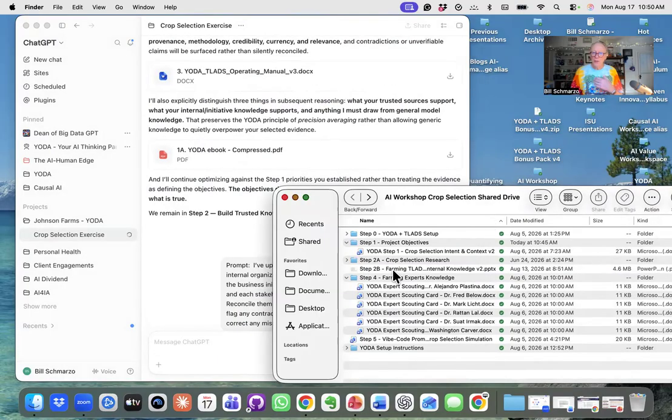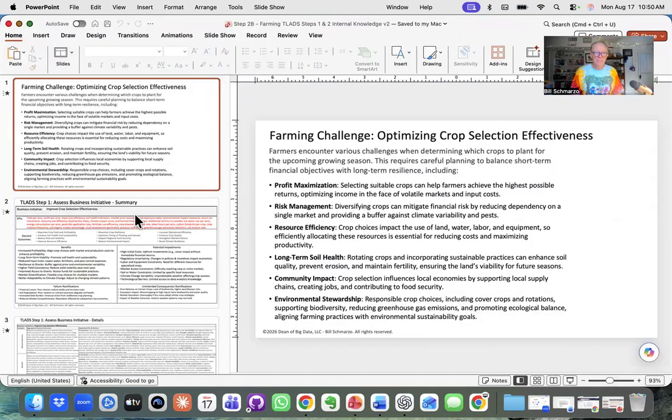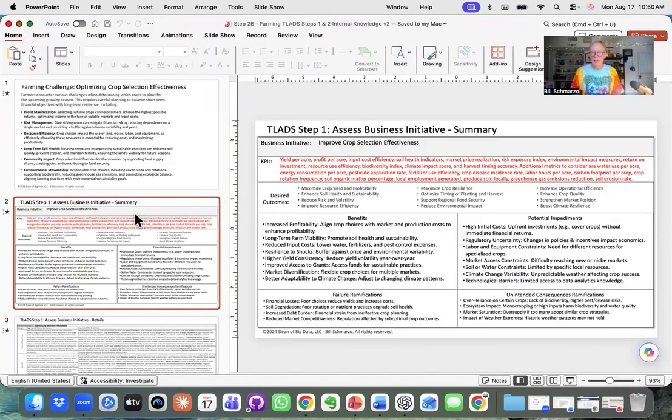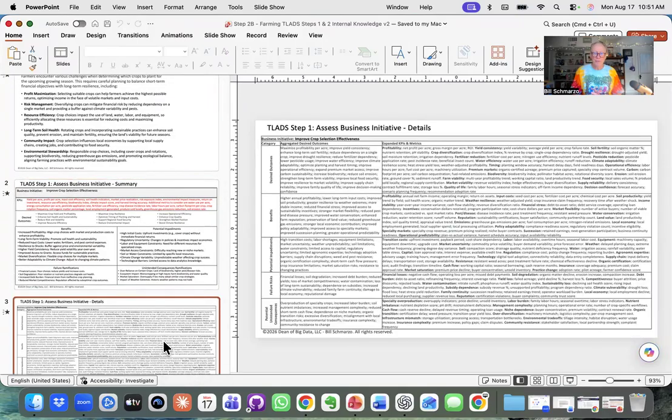So if you know the thinking like a data science methodology, steps 1 and 2 are really about understanding your business initiative, what you're trying to accomplish, your desired outcomes, your benefits, limitations, the KPIs and metrics. There's a version we've created that goes into a lot more detail if you've got a larger group. So think about bringing a bunch of domain experts together in a collaboration process, saying that, hey, my problem is